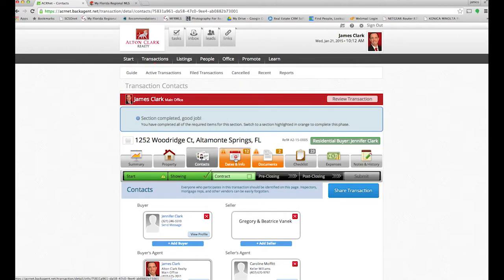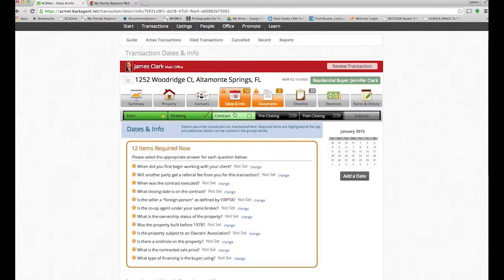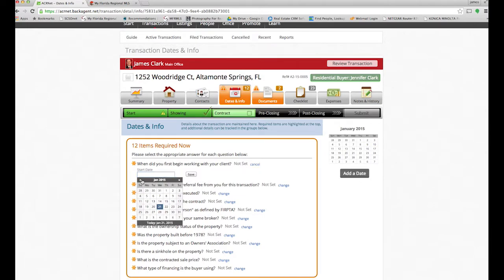Next step, next orange box, dates and info. This one's really simple. You got 12 action items in here. It's basically a bunch of questions you have to ask. It's a little bit of a pain answering all these questions, but it's nice. It's a really good checks and balances. So when you first begin working with the client,